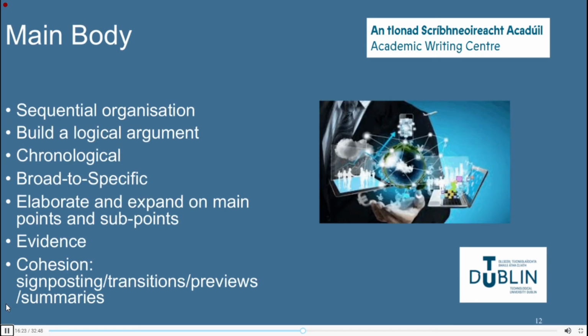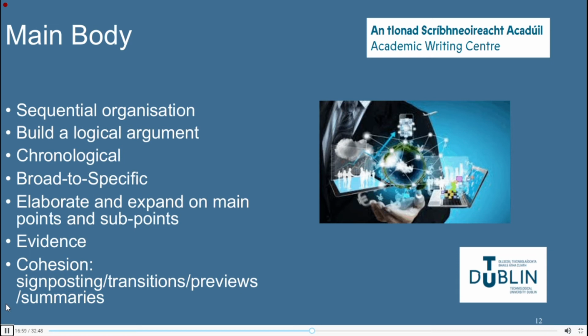In the body of the presentation, you obviously are exploring your topic in detail, and you will do well in organizing the information in a sequential manner and building a logical argument that acts as a thread throughout the presentation. So to refer back to what we've said before, perhaps you're looking at providing a chronological exploration or a broad to a specific